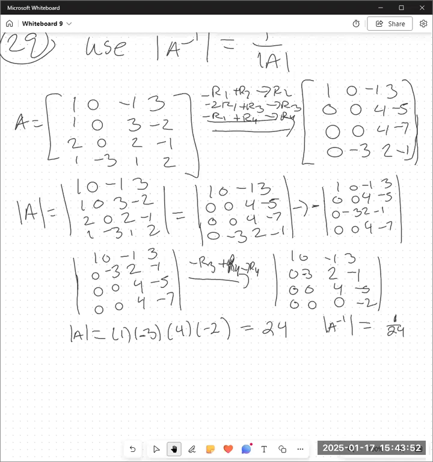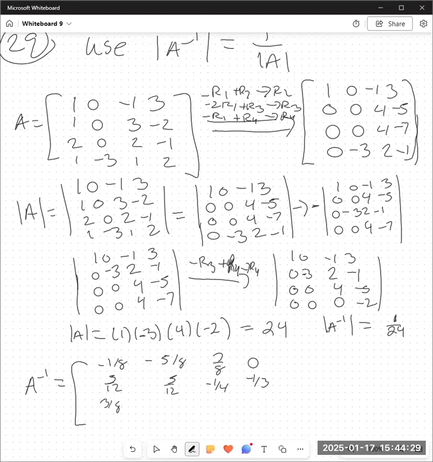So if I would go ahead and find A inverse with my calculator, I'd get that it's equal to -1/8, -5/8, 7/8, 0, 5/12, 5/12, -1/4, -1/3,